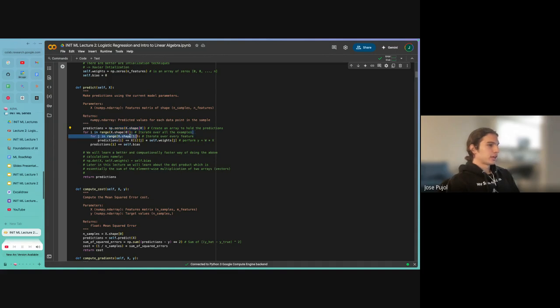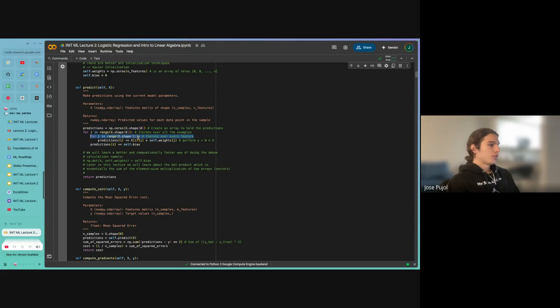And we want to iterate over all of our examples. Each one of our examples has its own unique set of features. So if this is all the houses in the data set, then every house is going to have a number of bedrooms, a number of bathrooms, all those features.